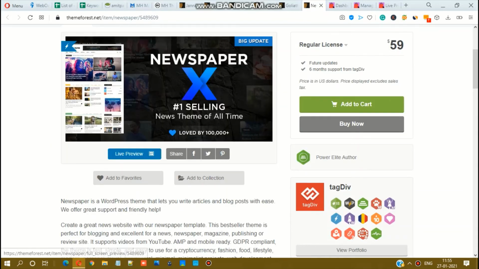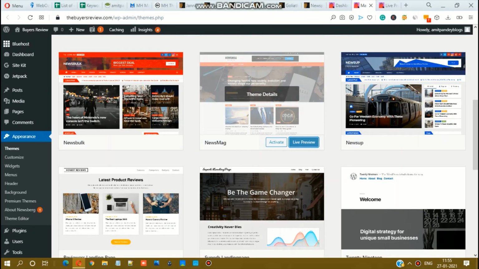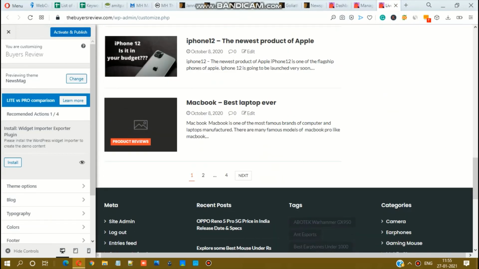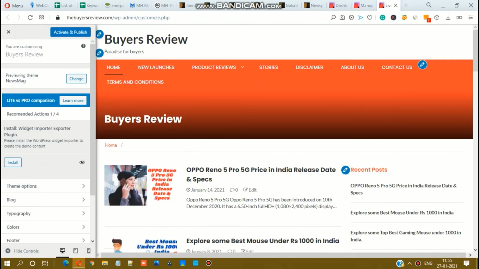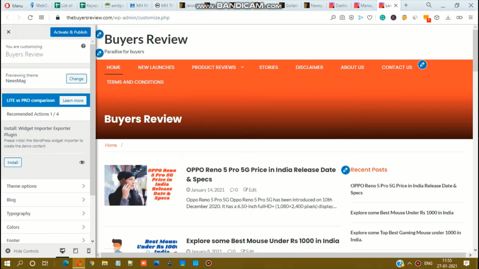So let's check our next theme. This is my personal favorite theme. This is called Newsmag. I have used the free version of this, so I downloaded it from the WordPress website, as you can see. Let me tell you, I use this particular theme for getting AdSense approval. If you do not use a proper theme which is supported by AdSense, you will get a templated pages error in your AdSense approval while you are applying. So it is better you choose a perfect theme that helps you get AdSense approval fast.